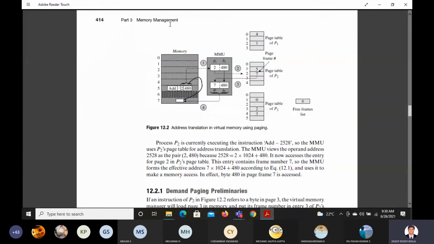What is the concept? I'll just brief you out. You can read and understand from that. The idea here is this: the CPU will have a logical address, and on the other side we have physical address, and the physical address also they made into segments, and further segments they made into pages.